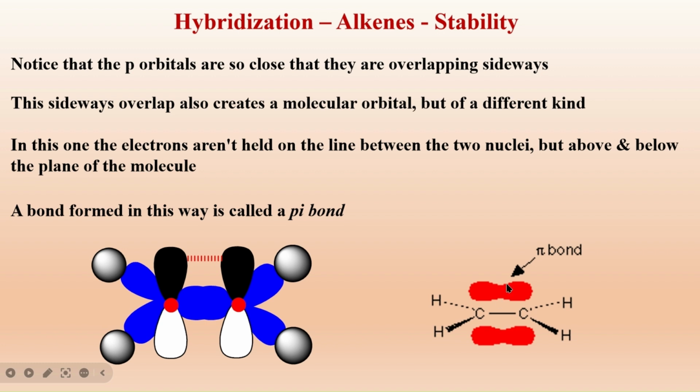This sideways overlapping of the pi bond is represented like this. The two carbon sp2 hybrid orbitals lie in the same plane and the overlapped p orbitals lie above and below the plane of the carbon-carbon atoms. This is represented in this fashion. And this was the proposal given to explain the alkene structure by the hybridization concept, and this has been experimentally proved today